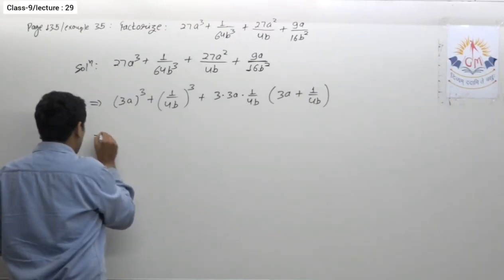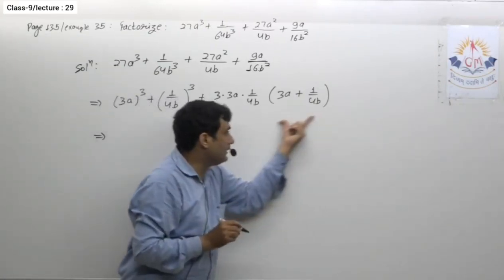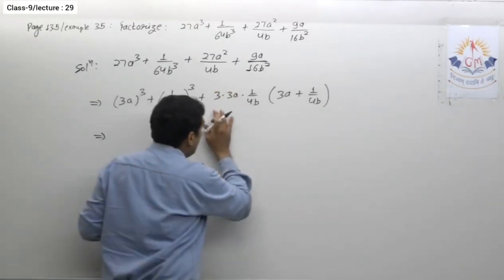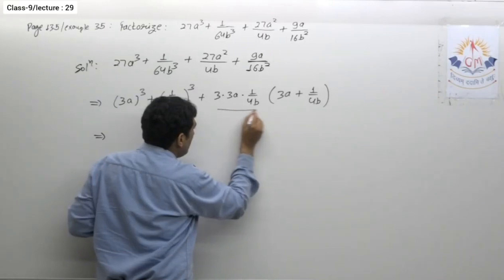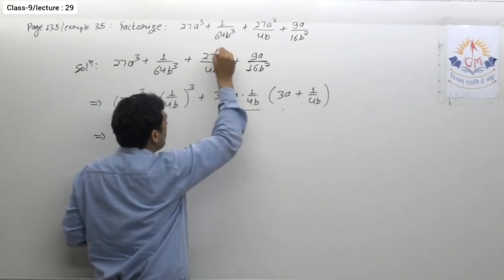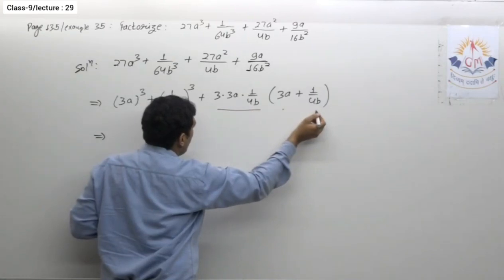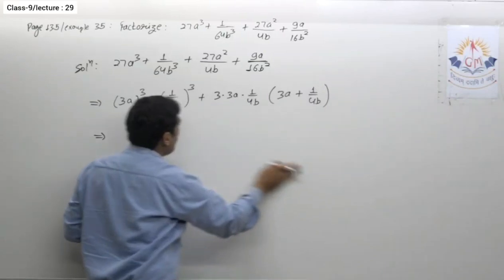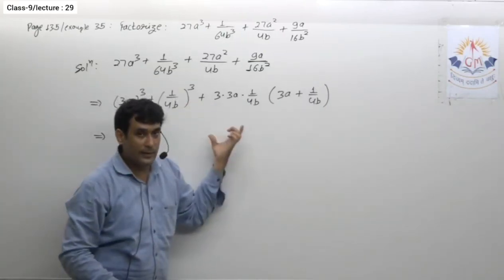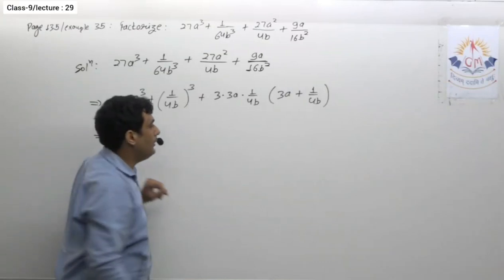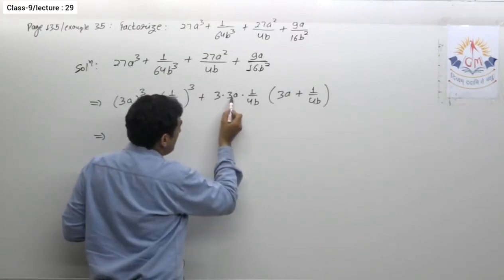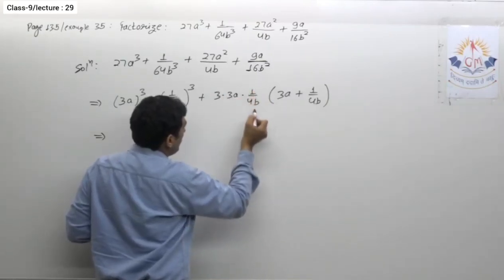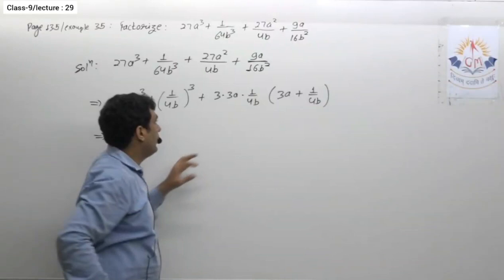Now, before I proceed, I definitely check whether this expression is equal to this expression or not. That means I reverse check. I will multiply this term with this and check whether it is equal to this or not. Similarly, I multiply this with 1 upon 4b and check whether it is equal to the last term or not. If they are equal, then definitely the given expression fits in the identity of (a plus b) whole cube. So here 3 3s are 9, 9a, and this 3a into 3a into 3, so 27a square upon 4b. Yes, I'm getting 27a square upon 4b over here.